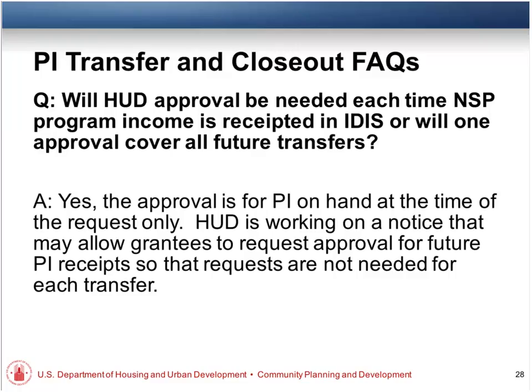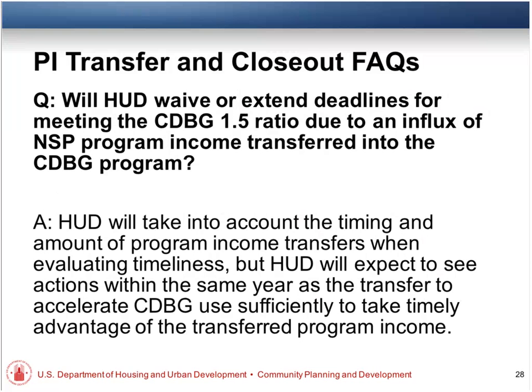I got a related question. So if I've got NSP1 and NSP3 program income that I want to transfer, do I need a separate transaction for each one of those? You can put them both in one request, but you would have to identify for each grant separately, because the field office is going to have to look at each grant and see the funds from that grant or the program income assigned to that grant moving. But there's no reason they can't go into a single request if you have program income on hand for more than one NSP round. And just make sure you identify the grants and the program income that attaches to each grant. Exactly. Okay.